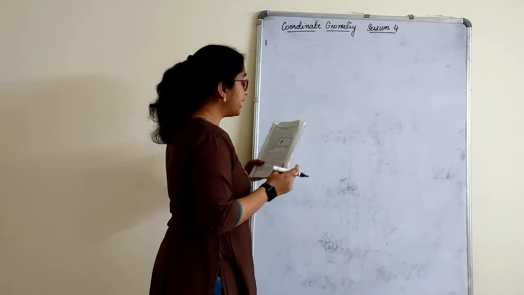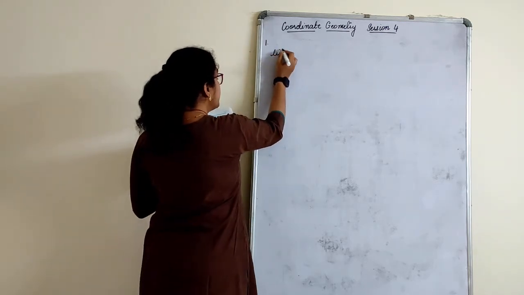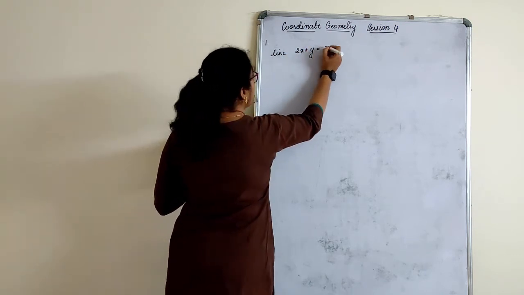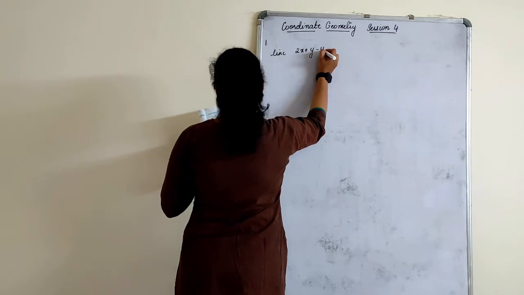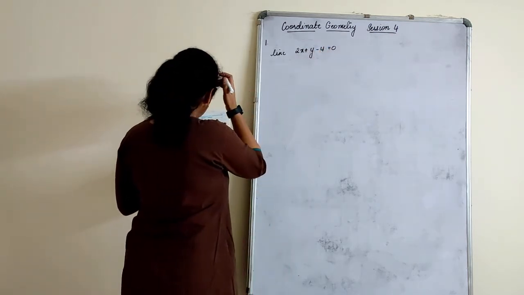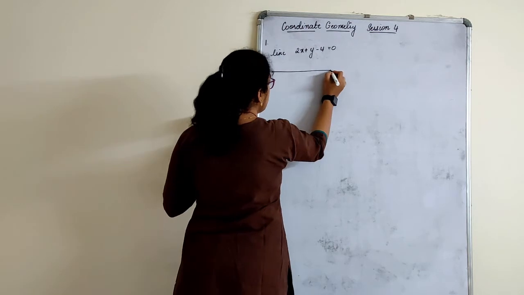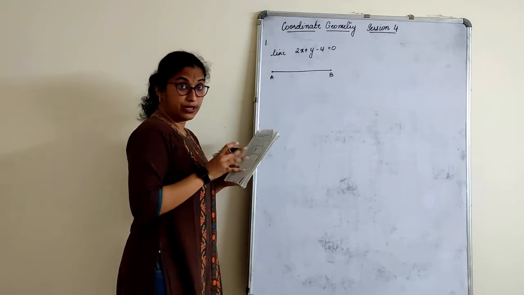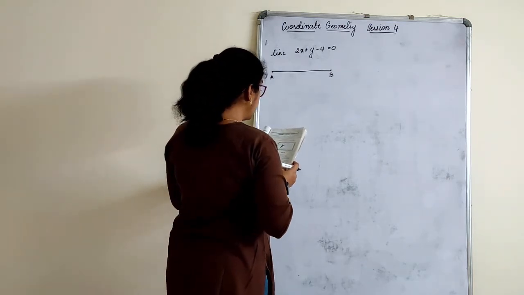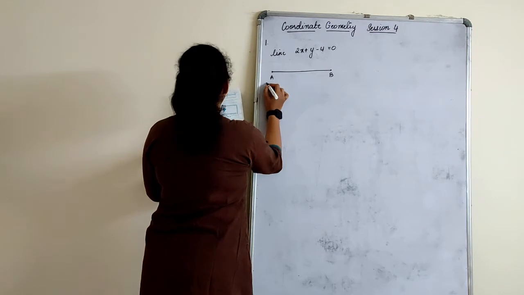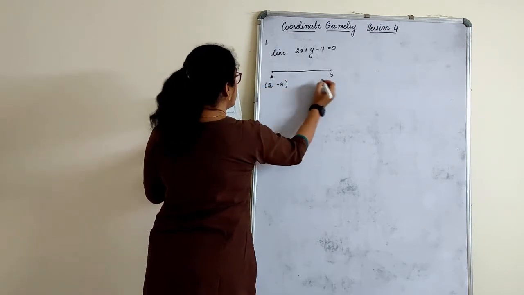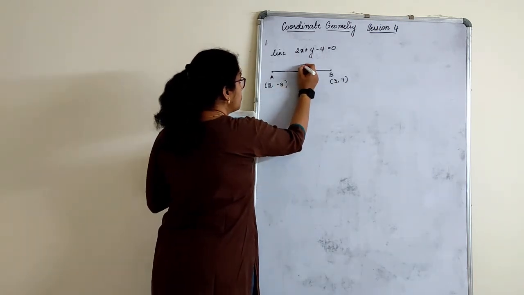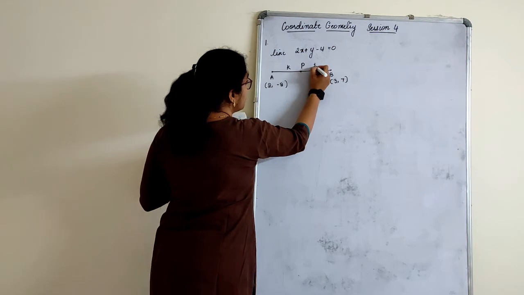determine the ratio by which a line, given here in the form of 2x plus y minus 4 equal to 0, divides the line segment. So this is the equation of the line. Now what is the line? The line is 2x plus y minus 4, right? That is the line equation. That line, these are the points. Points are (2, -2) and (3, 7). Determine the ratio. It is dividing in some ratio.